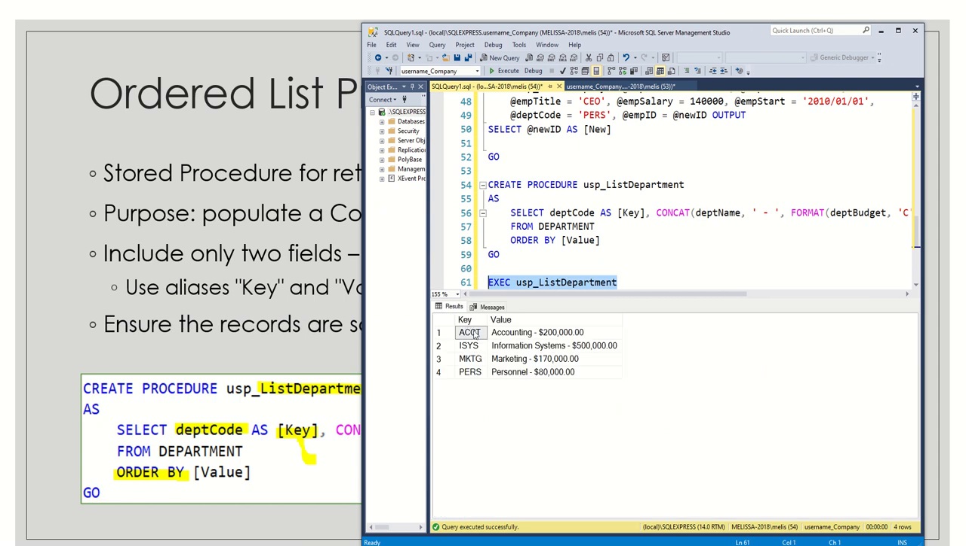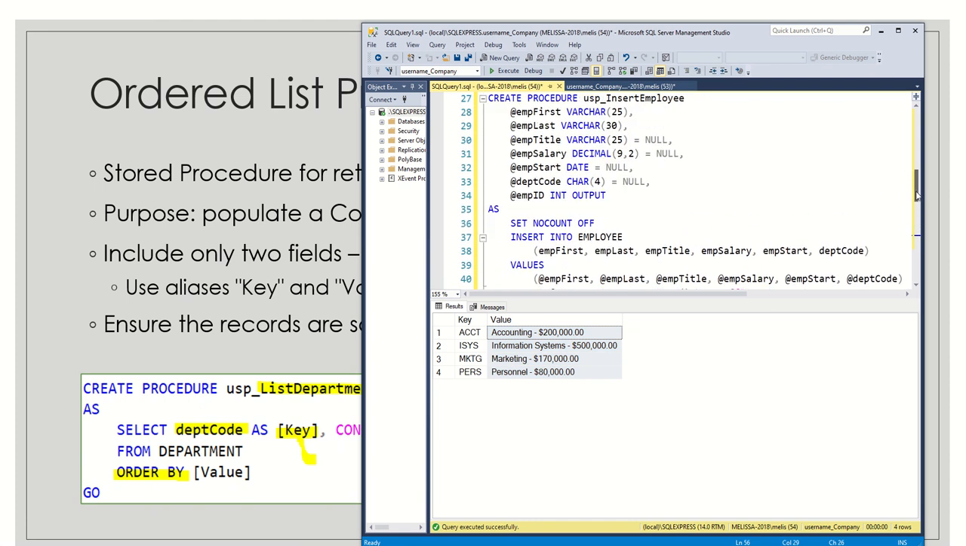So we have two columns, key and value. The keys are going to be the things that are selected by the combo box, and the values are going to be the things that are displayed by the combo box. So by creating a procedure that returns these two specific columns, key with a capital K and value with a capital V, it allows us to map it to the key value pair object. The same way that creating a select statement,